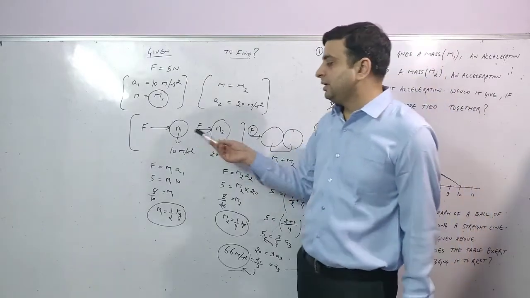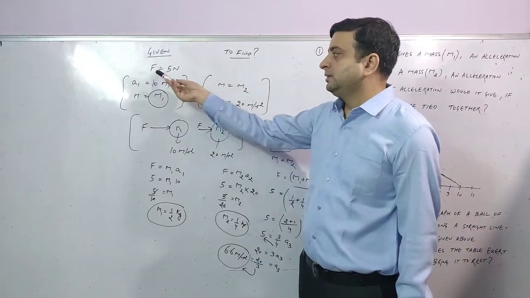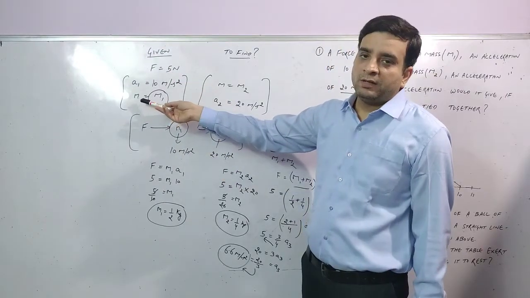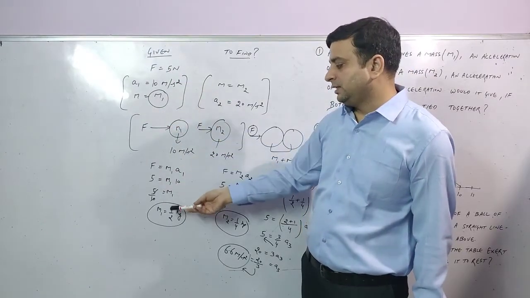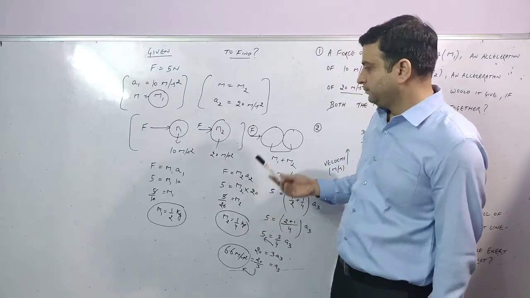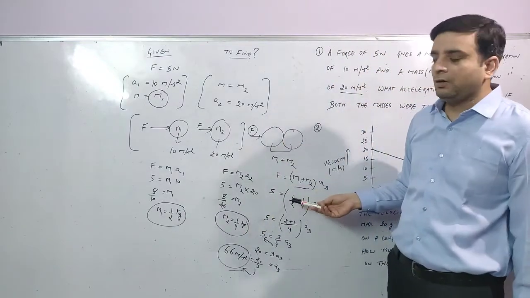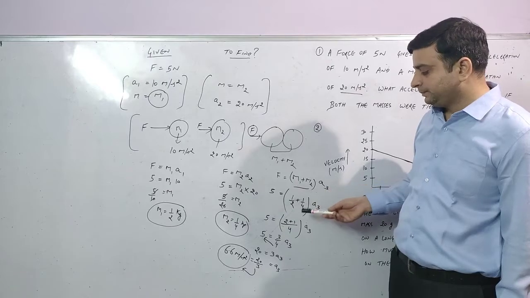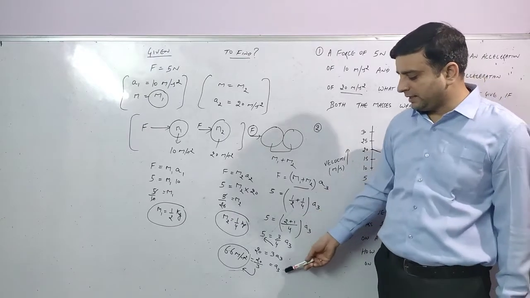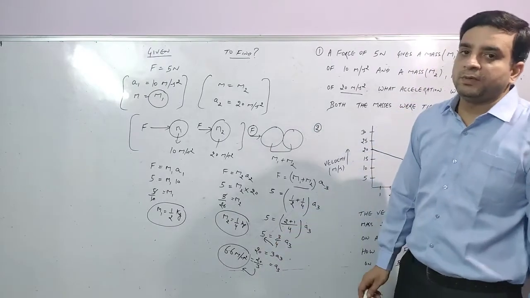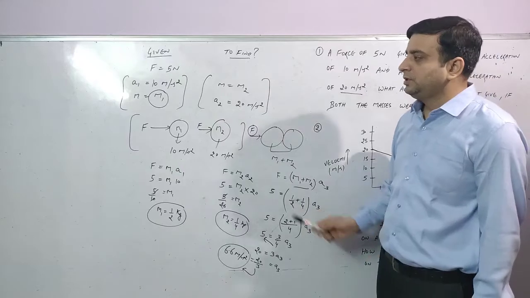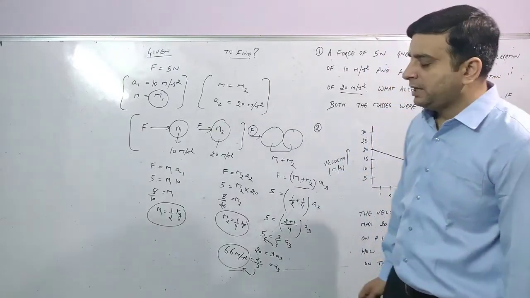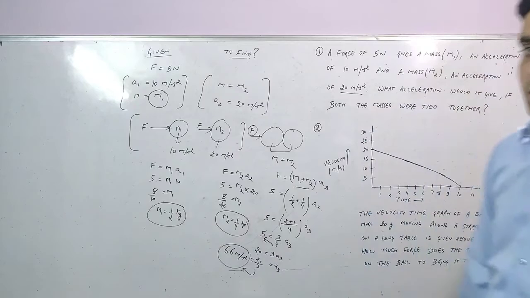So first we have to calculate m1 and m2. By the expression F is equal to ma, two values are given, the third one we have to calculate. By this we can calculate m1 and m2. Then again we apply Newton's second law, but in this case to the total mass m1 plus m2. After solving you will get the acceleration 6.6 meter per second square. So I hope this numerical is clear to everyone. Now you can take a screenshot of this solution and write it in your notebook.